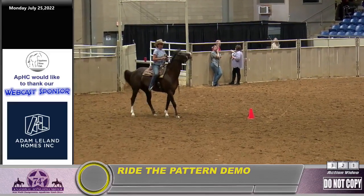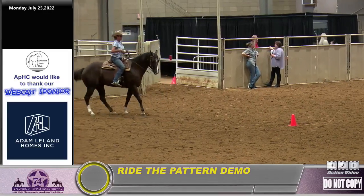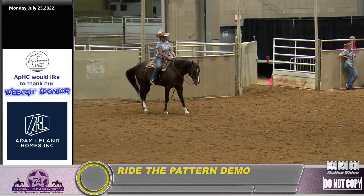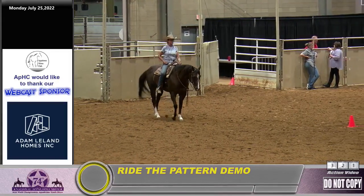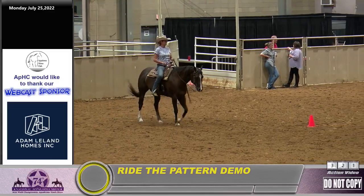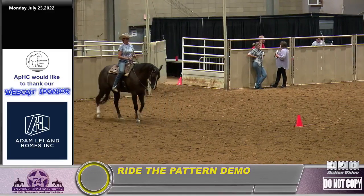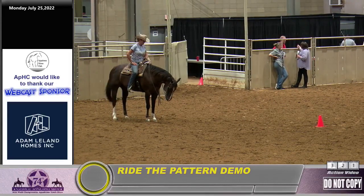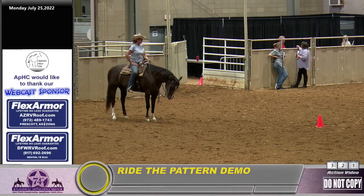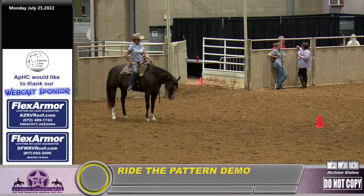We're going to begin before A and walk to A. Again, we are not looking for the walking dead walk. We're looking for a walk with authority. And I might add, in Western pleasure, I'm not looking for the walking dead walk either. A walk is a gait, and it is judged. So it's a 4-beat gait with no hesitation. So you, in the Western pleasure, make sure you walk as well. Again, we're going to walk to A,